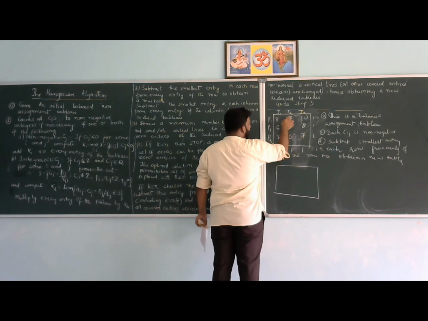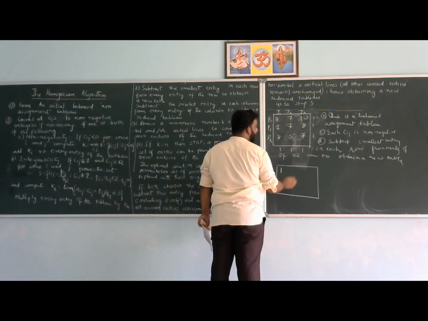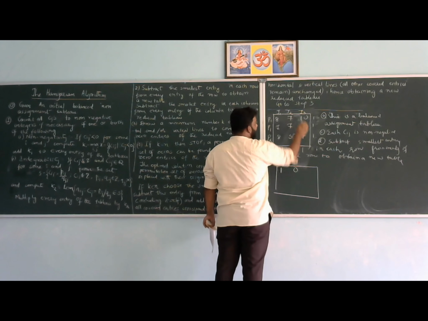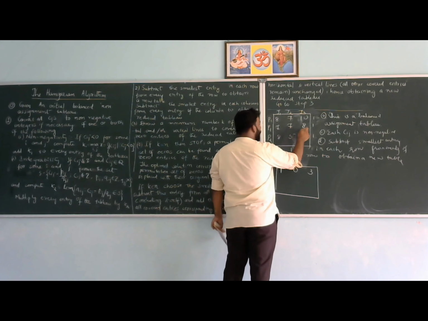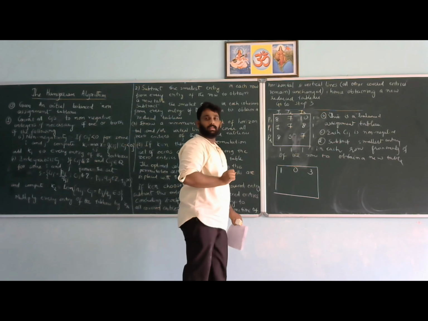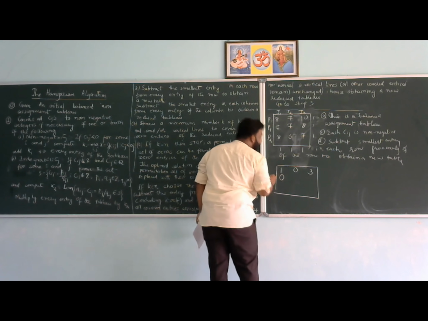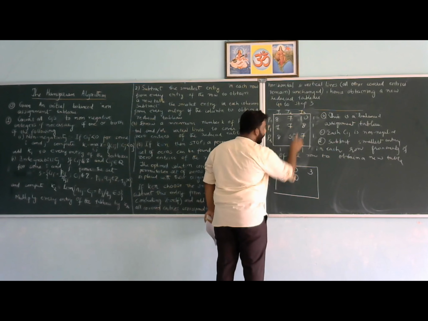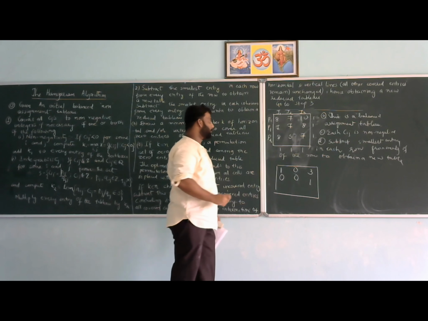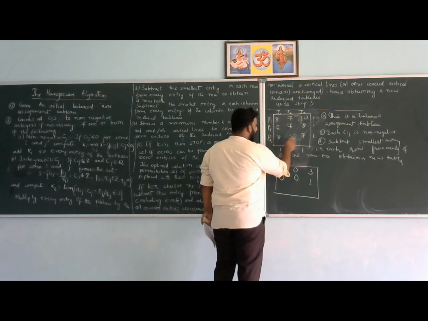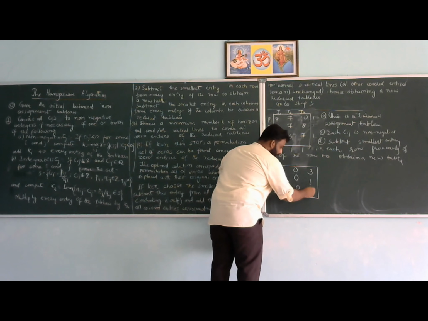What is this? 8 minus 7 is 1. So 7 minus 7 is 0. And 10 minus 7, that is 3. Now look at this row. What is the smallest entry? The smallest entry is 7. So subtract: 0, 0, this is 1. And what is the smallest entry in this row? Okay, 5 is the smallest entry, that is 3, 0, 2.